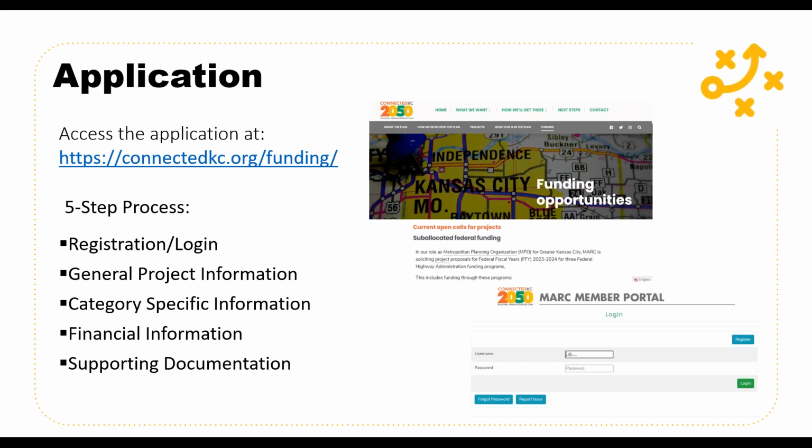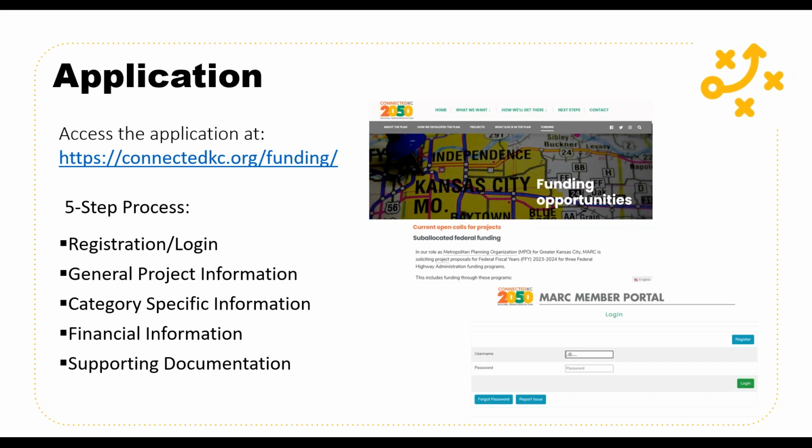There's no longer really a need to register anymore, since you had to complete phase 1 in order to have access to phase 2. Essentially, you'll just need to log back in. And if you forget your login information, there is a process by which you can get your password back and reset it as well. So essentially, you need to log in, and then there are 4 pieces to